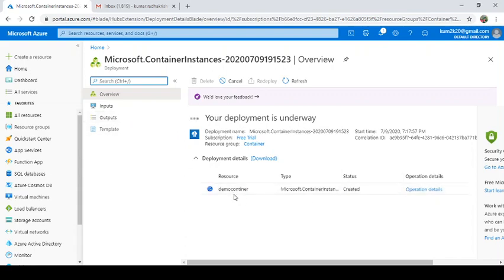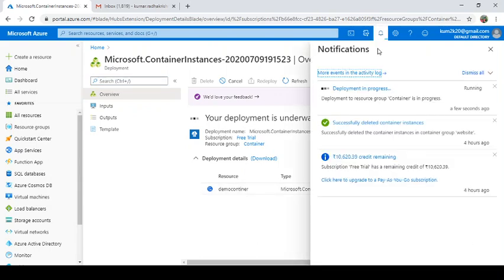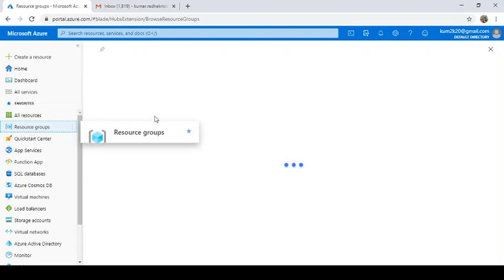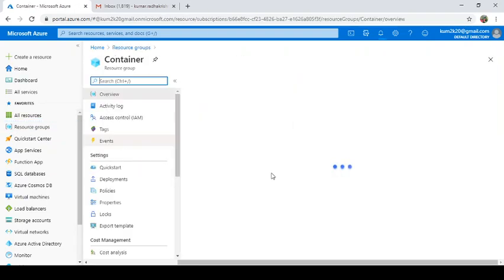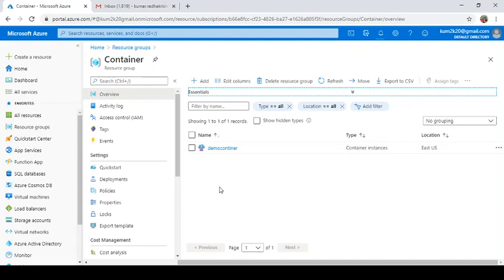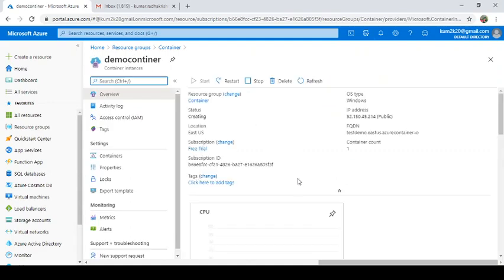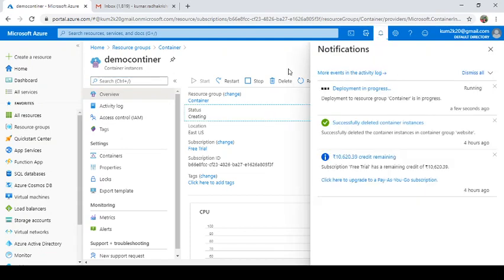See here, you can see the demo container is created. You can see what process is going on from the notification bar. Go to resource group, under container. Here you can see the demo container is created, a container instance with the hello world image. A public IP is assigned. The deployment is still running, so wait for a couple of minutes.